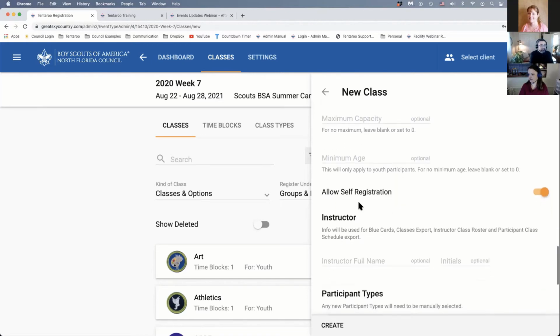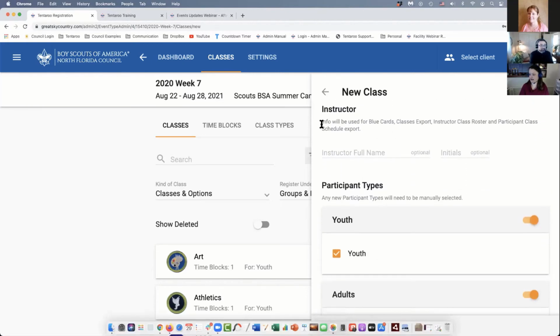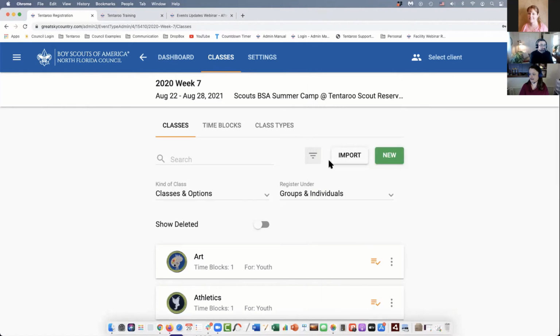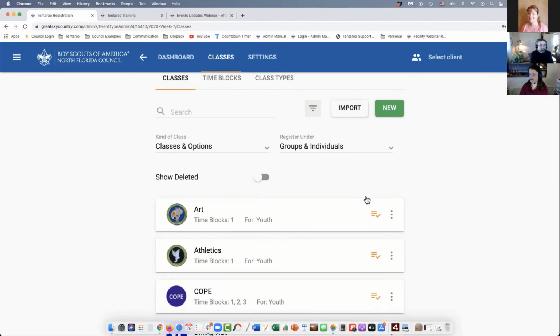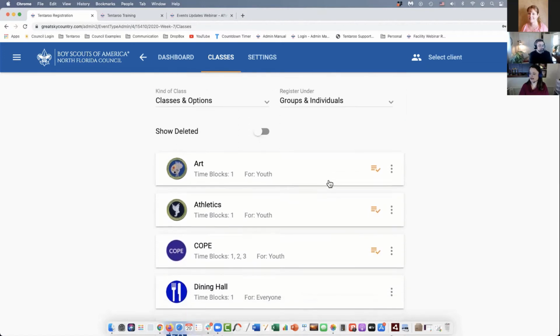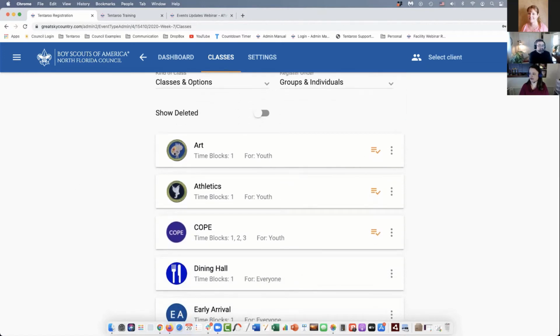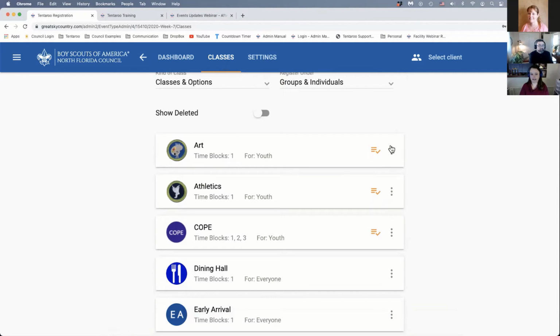Once you have all your details in, you can click create and that will add your class to the list. I just closed it because I didn't add enough details to save a new class. And then on each card, you now have also a 3-dot menu, and this will let you edit your class. This will also let you export your instructor class roster from here, so that will bring a report just for